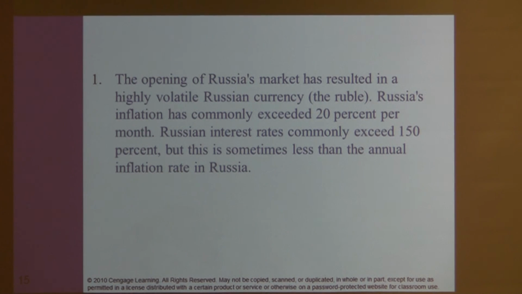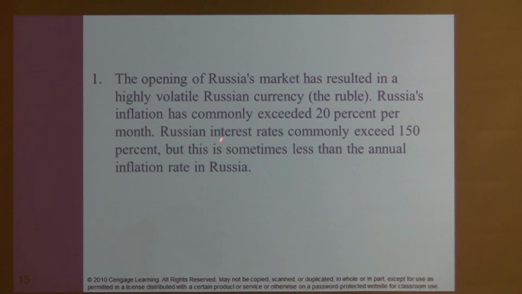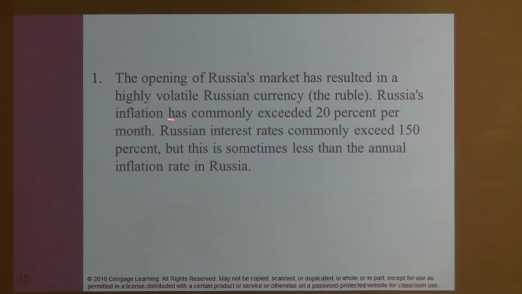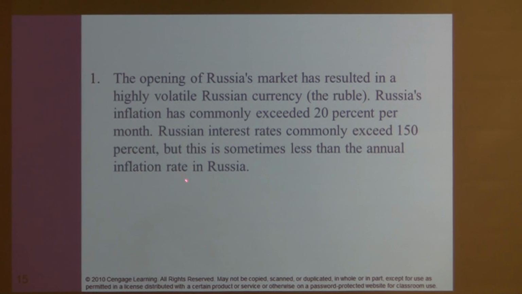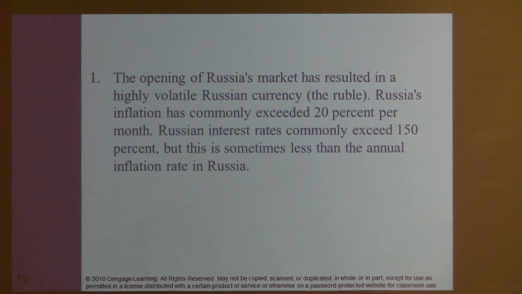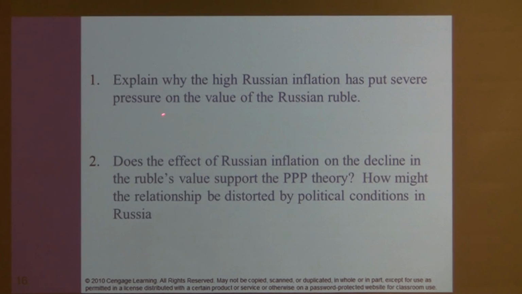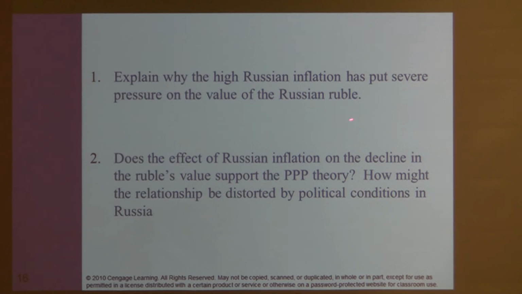And we already talked a little bit about this. So the opening of Russia's market has resulted in a highly volatile Russian currency, the ruble. Russia's inflation has commonly exceeded 20% per month, and Russia's interest rates commonly exceed 150%, but this is sometimes less than the annual inflation rate in Russia. Okay? So what we see here explain why the high Russian inflation has put severe pressure on the Russian ruble,